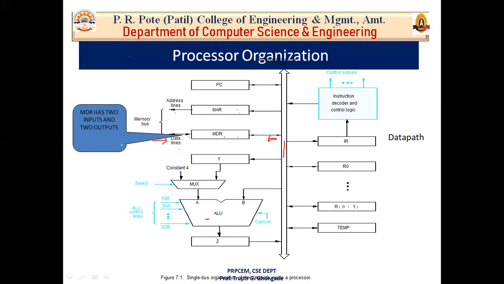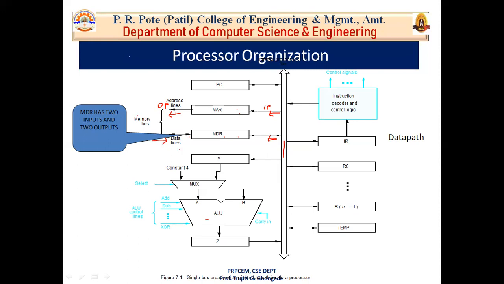bus and processor bus. Okay, then the input of MAR, that is memory address register, is connected to the internal bus. Now input of MAR is connected to this internal processor bus and its output is connected to the external memory bus. Okay, now this is the input and this is the output. Now the input of MAR is connected to the processor internal bus and output is connected to the memory